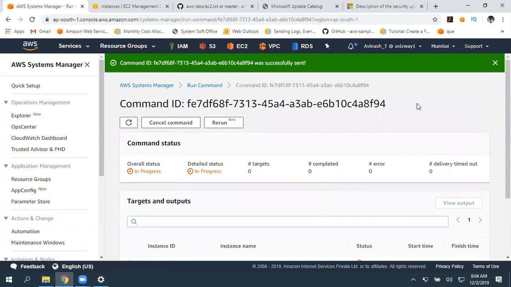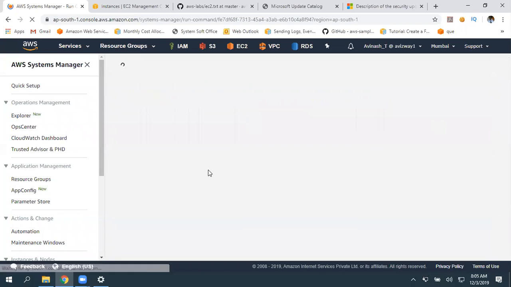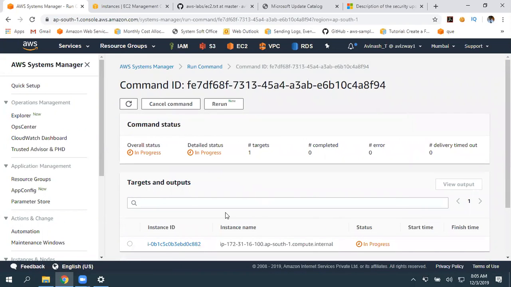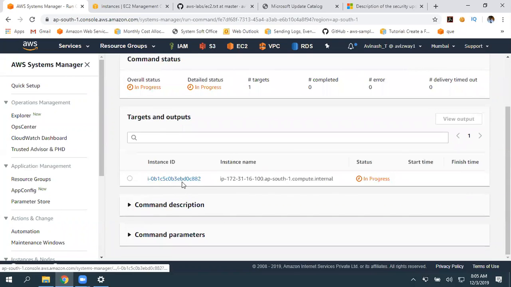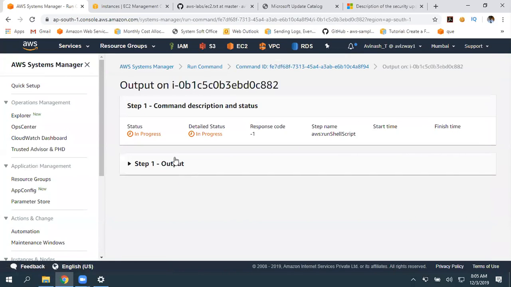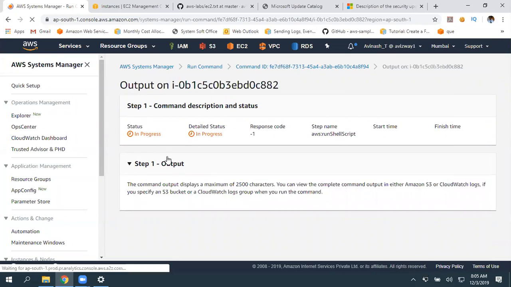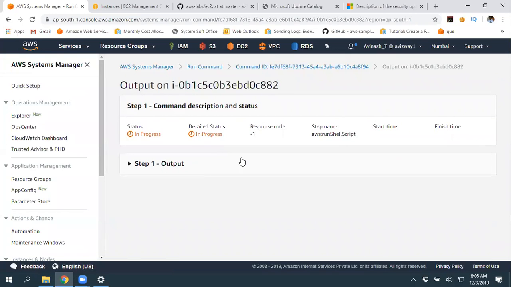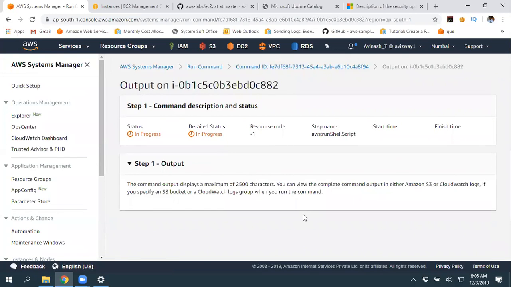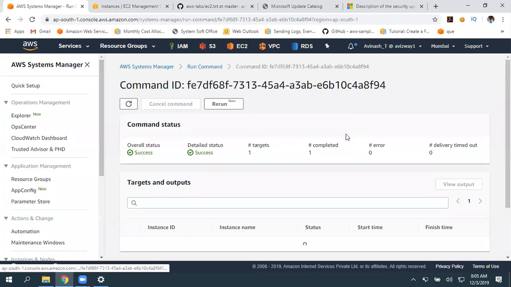So now this execution is in progress. Whatever commands I have given there are going to be executed on all the instances which I selected. Here we can get the output. Once the installation is completed, you can view that output or write it to one of the S3 buckets, and there you can go and verify.